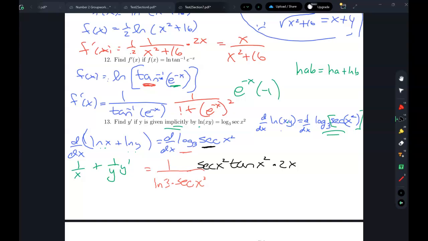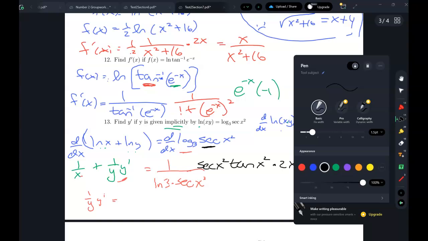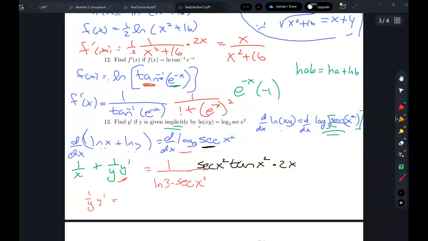Okay, so where is the y prime? Oh, look at that. There's only one y prime guy. So if I subtract that over, I'd have 1 over y prime equals, let's just carry, whoa, look at that. I think I see a secant of x squared canceling, right? Okay, so carrying this along, I'd get a tangent of x squared times a 2x all over ln of 3,